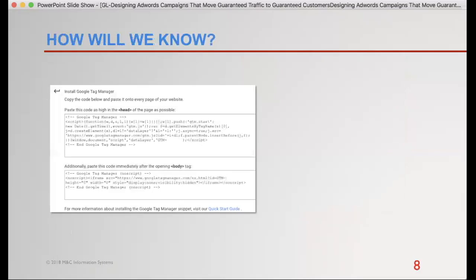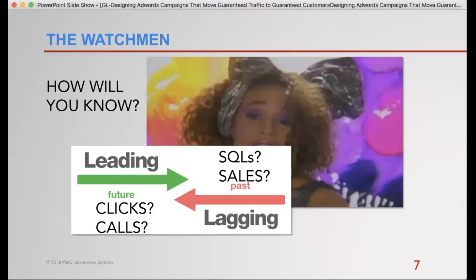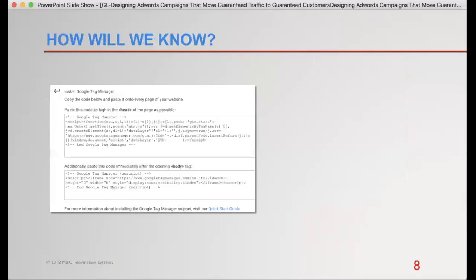And so more on how we do that, the way to get a track of a lot of this information, clicks, calls, activity that's on the website, is we need to be using tracking code. So I'll make a pitch here for Google Tag Manager or one of the tag management tools from third parties that are out there, which are, instead of having to go into your website over and over again, Tag Manager is a marketer's best friend because we can run experiments without the IT department.